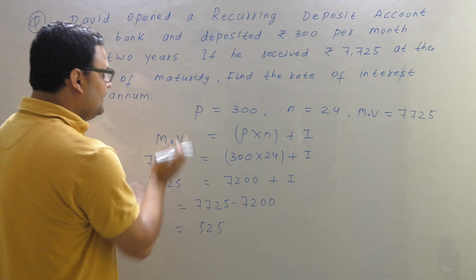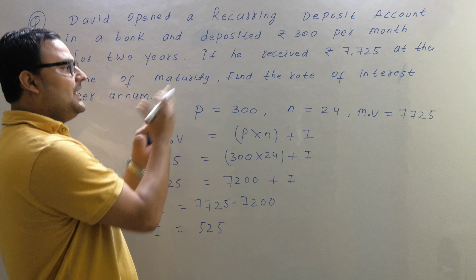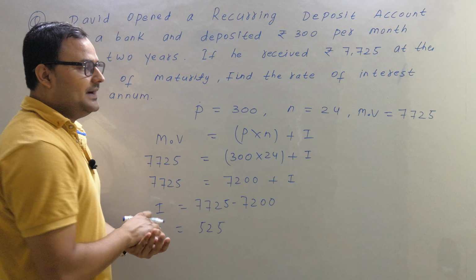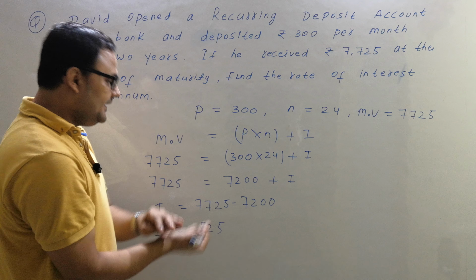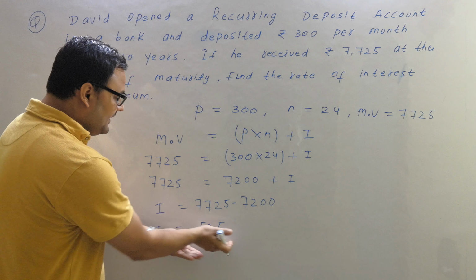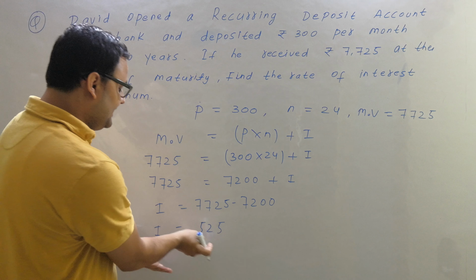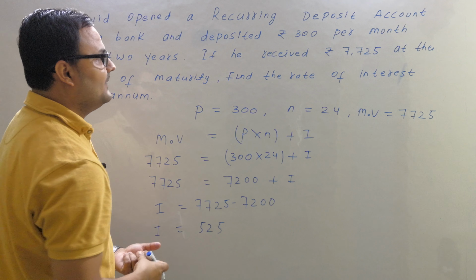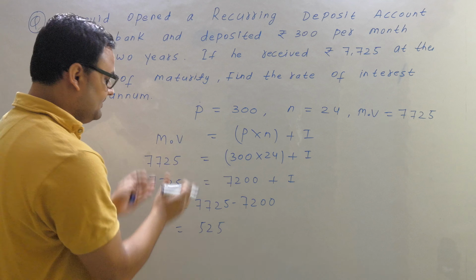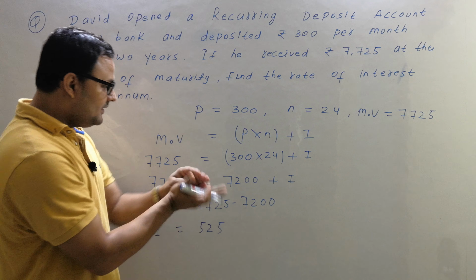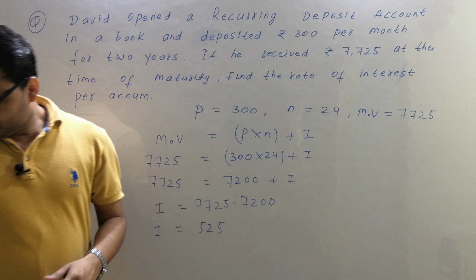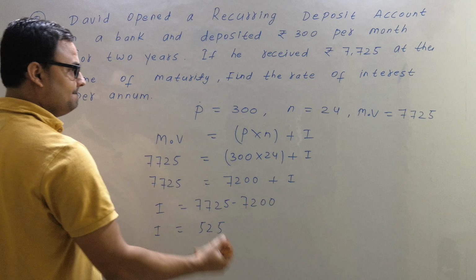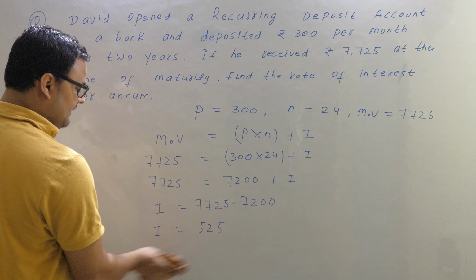Now we are going to use the first formula, the I formula, then we can find the rate of interest. Just copy it so we can continue. I need I, that I got 525. Using this I can find the rate of interest per annum. So how? Copy it. I am going to do that also. Now I will erase this one.